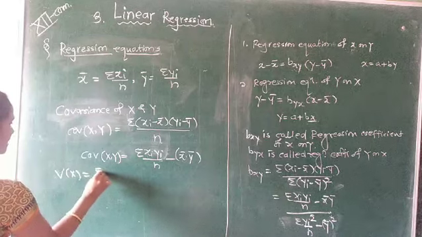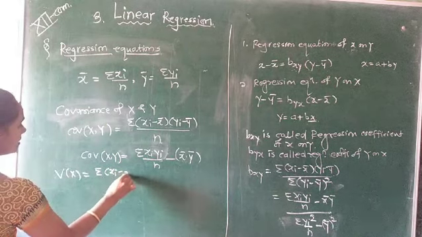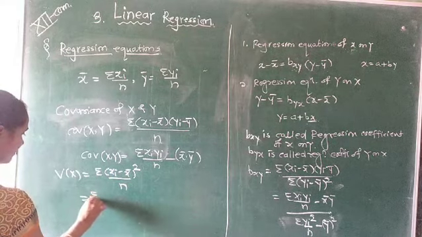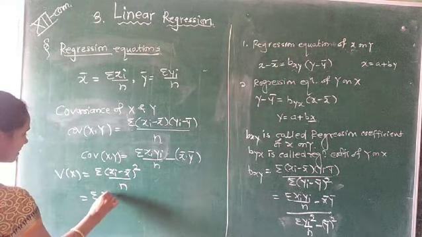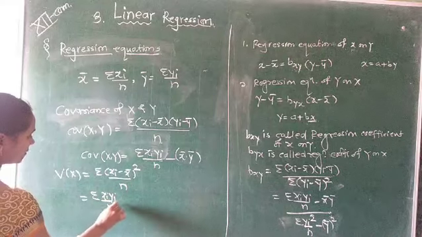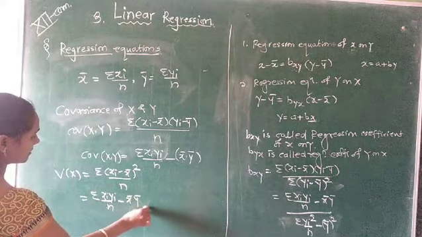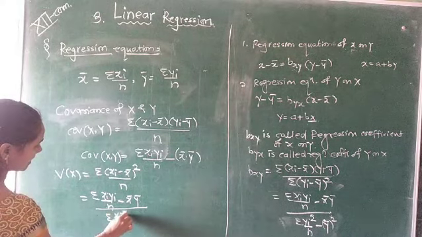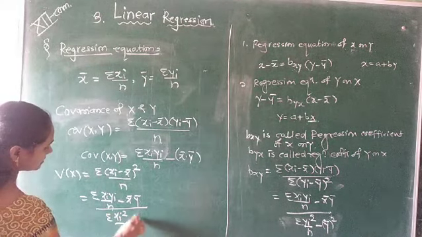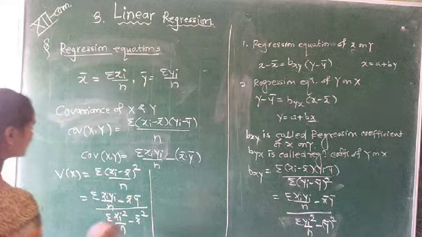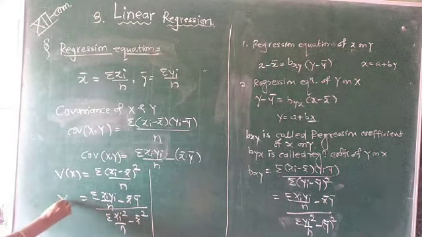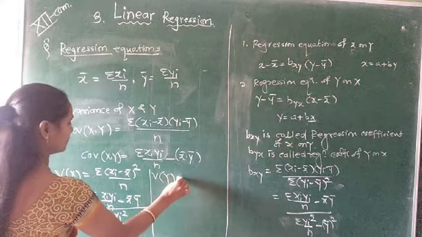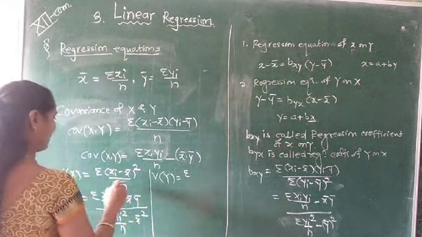Variance of x is what? Summation xi minus x bar square upon n. Also we write the formula for variance of x, that is summation xi yi upon n minus x bar y bar divided by summation of xi square upon n minus x bar square. This is the formula for variance of x, and this is the formula for variance of y, that is summation